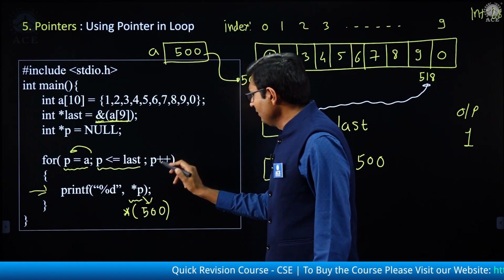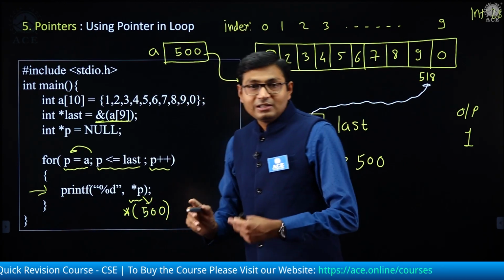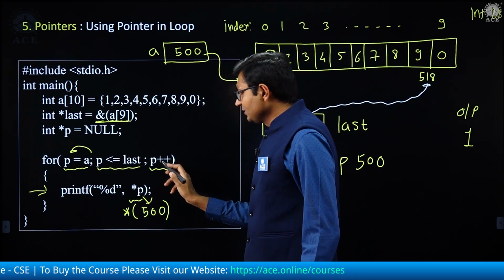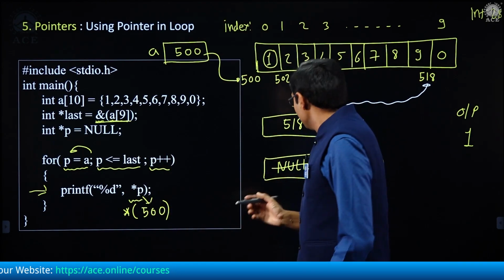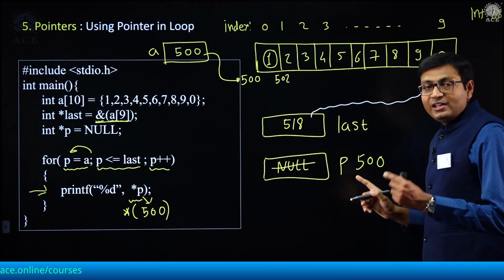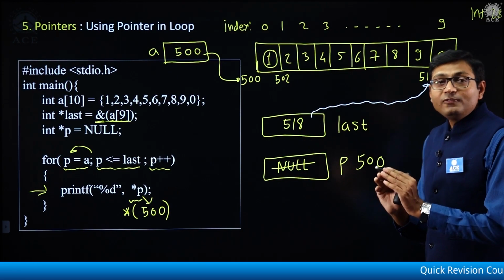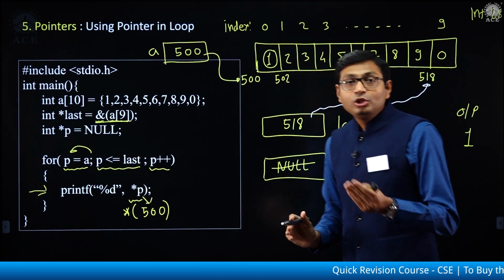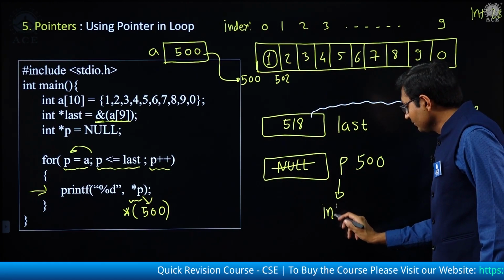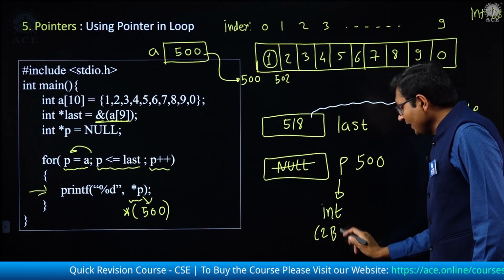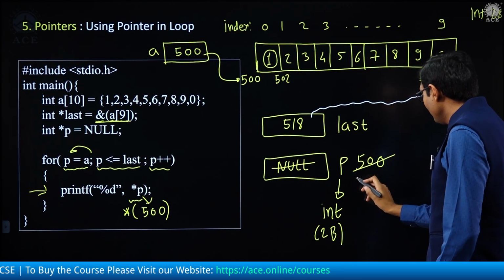Now this is where the for loop ends. So go back again here. This is the next statement, after the closing curly bracket of the for loop, this statement gets executed. Now it is P++, incrementing the pointer basically. So what is P? 500. 500 plus 1. Again, it is not 501. It is 502. Why? Because what is the type of this pointer? That is integer. Integer takes 2 bytes as per my assumption. Okay. So that's why it will become 502.